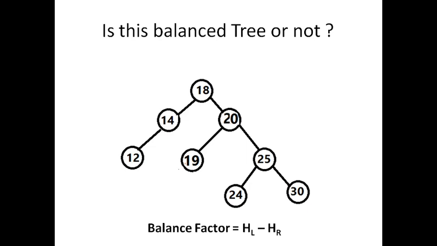Let us take another example. So we have to find out whether the given tree is balanced or not. If it is balanced, then it is an AVL. If not, it is not an AVL. So here, if you calculate the balance factor from the difference between the left and right subtree, it has to be 1, 0 or minus 1. So 2 plus 1 is 3, 3 plus 1 is 4. So the difference is minus 1, and so it is a balanced tree.